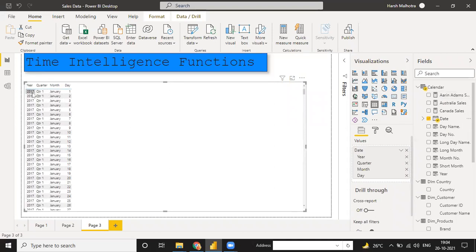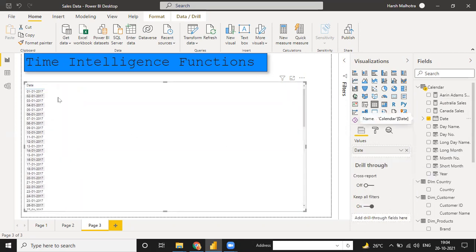But I don't want this date as a year, quarter, month, or January. I want a full date in one column. You can go to this arrow and put it as a date instead of date hierarchy. When you put it as a date, it will change the format. See, 1/1/2017, it will be in complete date format.